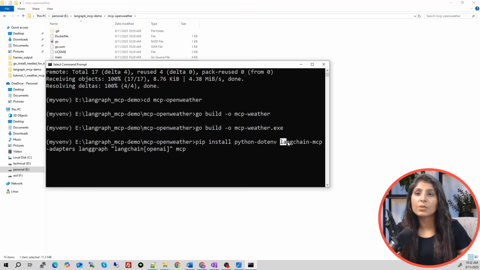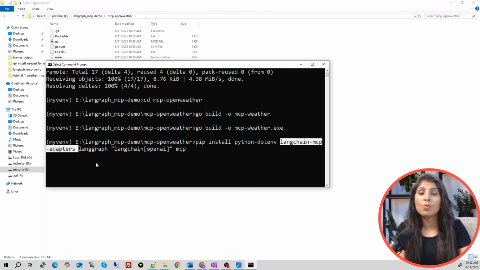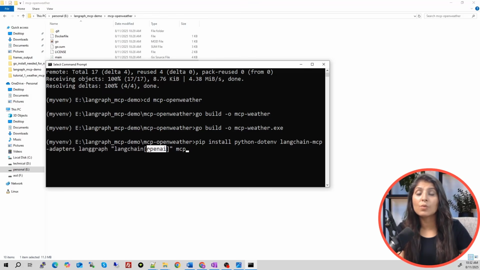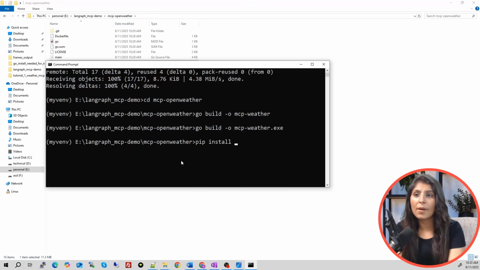And after that we are using this module, LangChain MCP adapters. This module is required when you want to use the MCP concept with LangChain or LangGraph. And after that, we are installing LangGraph and LangChain with OpenAI dependencies because we want to use the OpenAI model. So we want to install all the packages related to that, which will let us use the OpenAI models with our LangChain and LangGraph. So these are the modules which you need. Just hit enter and then all these modules will be installed. In my case, these packages are already installed. So after this, all the requirements are fulfilled.